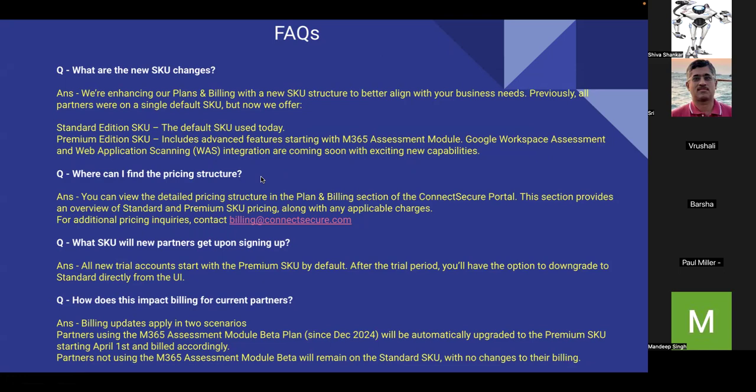How is the pricing different? Where can I find a pricing structure? That is right under your plan and billing section, under your ConnectSecure portal, which gives you an overview of what the standard pricing looks like and the premium SKU pricing looks like. If you need any additional pricing inquiry, either reach out to your distributor or, for ConnectSecure, you can reach out